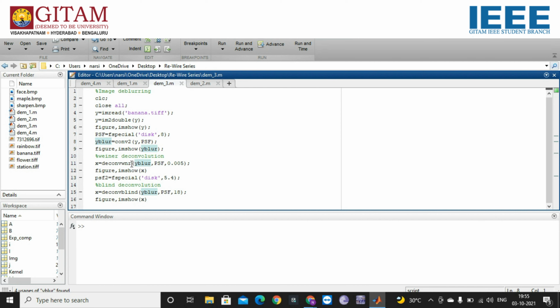Now to perform Wiener deconvolution, we will be using a command named deconvwnr. For that, the inputs are the blurred image, the filter which we have used, and the signal to noise ratio value of our specification. And we will be performing the command and we will be getting a deblurred image. And next, similar steps will be performed for blind deconvolution, but the command which we use here will be deconvblind. So we will be obtaining a deblurred image. Let's see what will be the output.